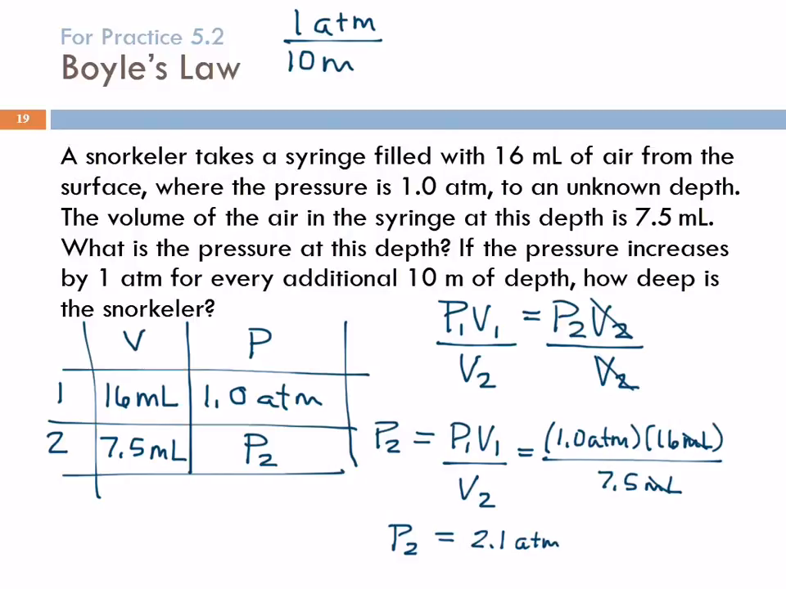The increase in the pressure, it's at 2.1 atmospheres now. It started out at 1.0 atmospheres. So the increase is 1.1 atmospheres. How many meters does that correspond to? 11. So we take that one,